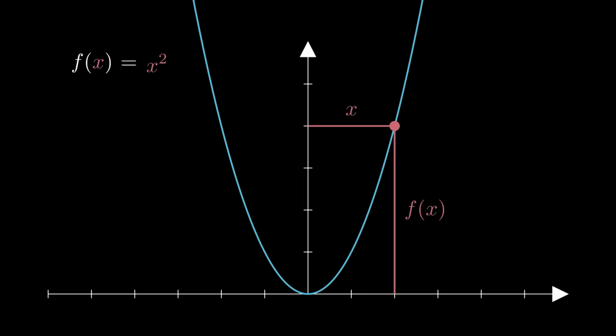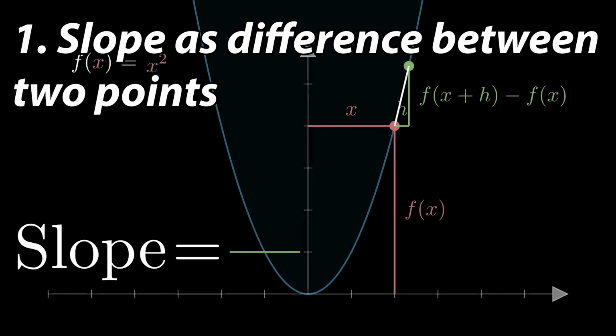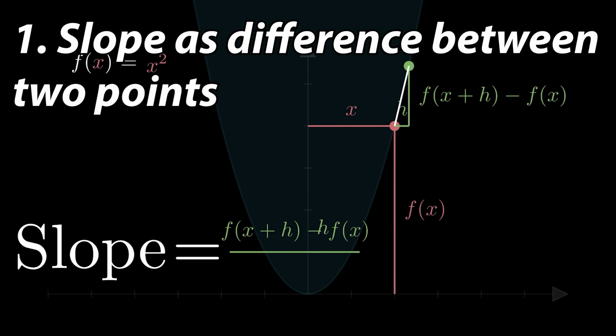Cool. Now what about this other point? Well, the other point we can just define by an offset. And even though it sounds fancy, it just means that it will be an h further away than this point, and f(x+h) higher than this point. Now what is the slope created by these 2 points? Well, once again, the difference of heights divided by the difference of widths. There we go. That's the equation.